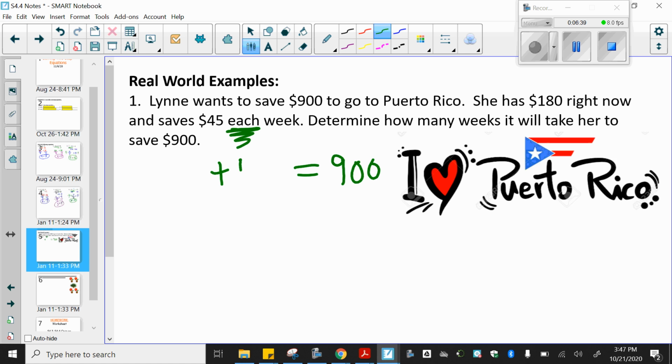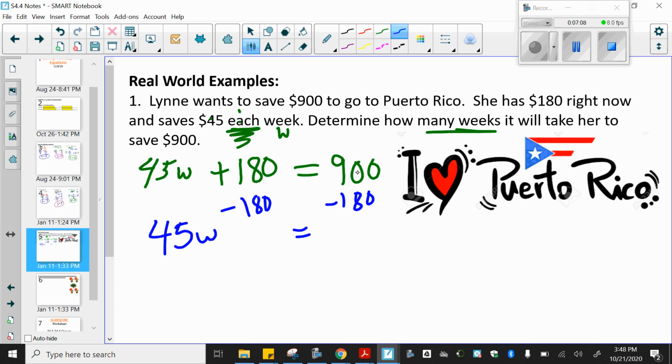I'm going to start with 180. Let's actually write it here. We'll say plus 180. Okay. And then $45 each week, if we call week W, because we're looking for weeks, right? How many weeks? 45 each means times. 45 times W. 45W plus 180 equals 900. We're going to solve that by subtracting 180. All right. That's going to give us